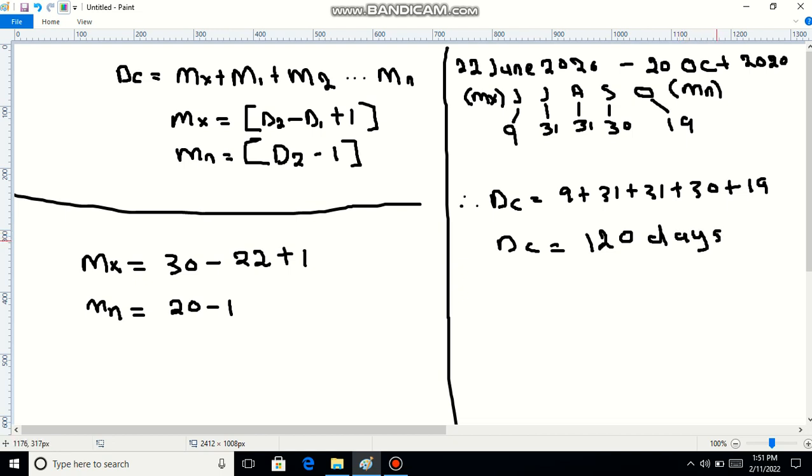So using this formula we can deduce that between 22 June 2020 and 20 October 2020 there are exactly